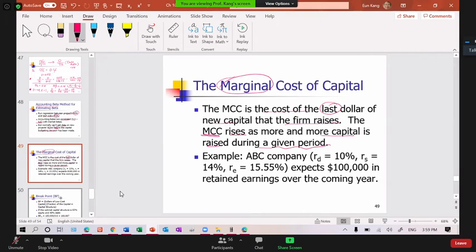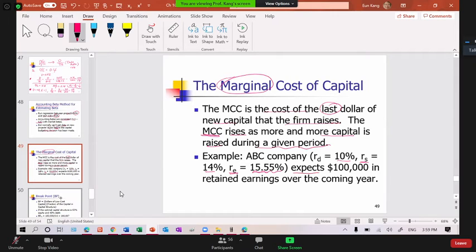This example is such that ABC company has RD 10%, RS 14%, and RE 15.55%, right? RS and RE are both cost of equity, but RS is without flotation cost and RE is with flotation cost. We just differentiate. So those numbers are given because